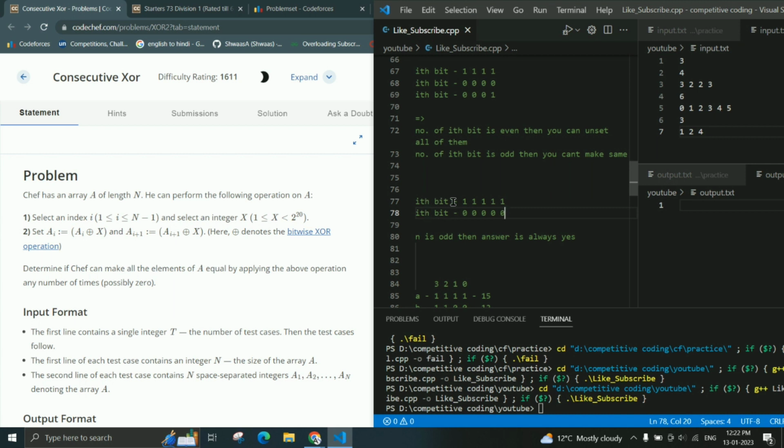in each ith bit either there is an even number of set bits or an even number of unset bits. If there is an even number of set bits, like in this example, then you can unset them. You can apply the operation, then all the bits will be unset. But if there is